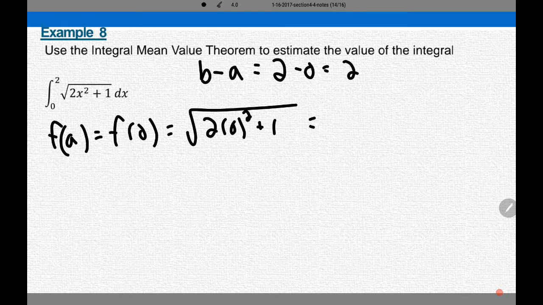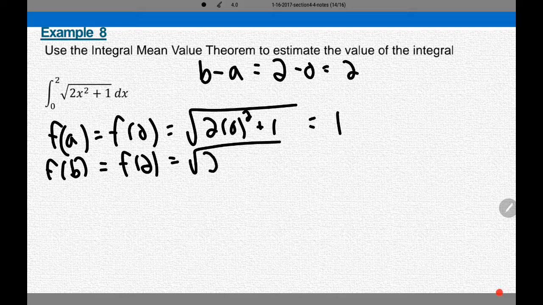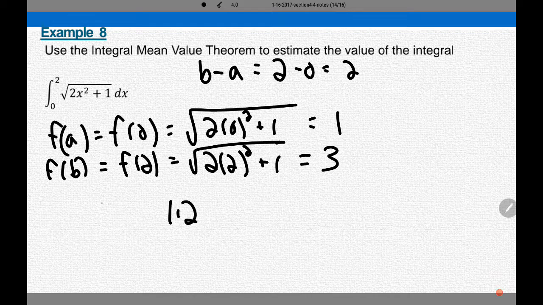That gives me the square root of 1, which is 1. f at b is f at the number 2, which is 2 times 2 squared plus 1. If I do that, 2 squared is 4 times 2, 8, plus 1 is 9, square root of 9 is 3. This value is going to be somewhere between 1 times 2